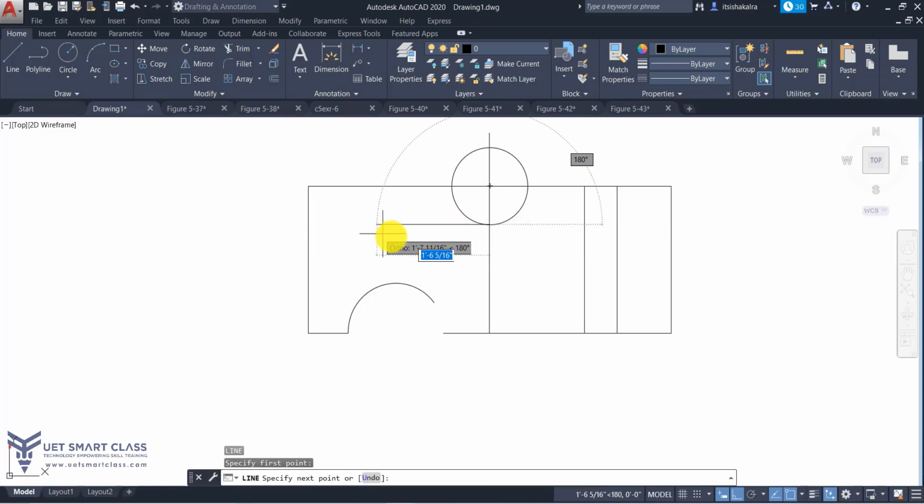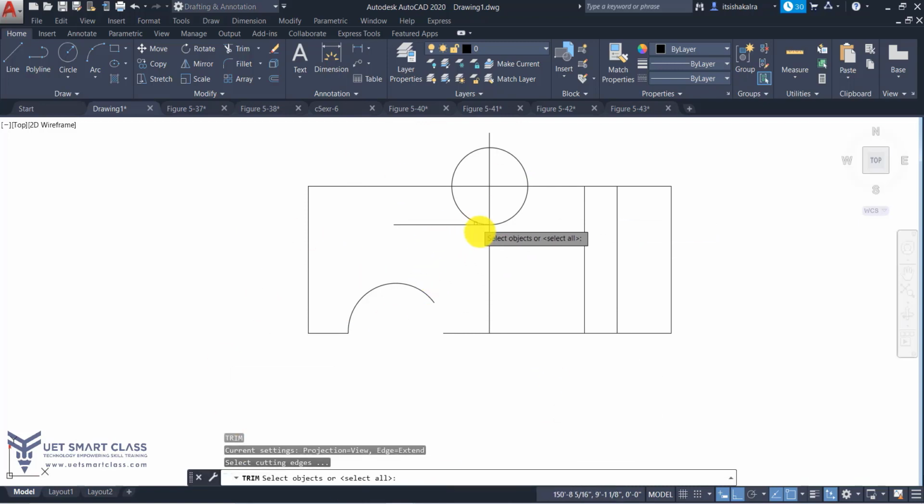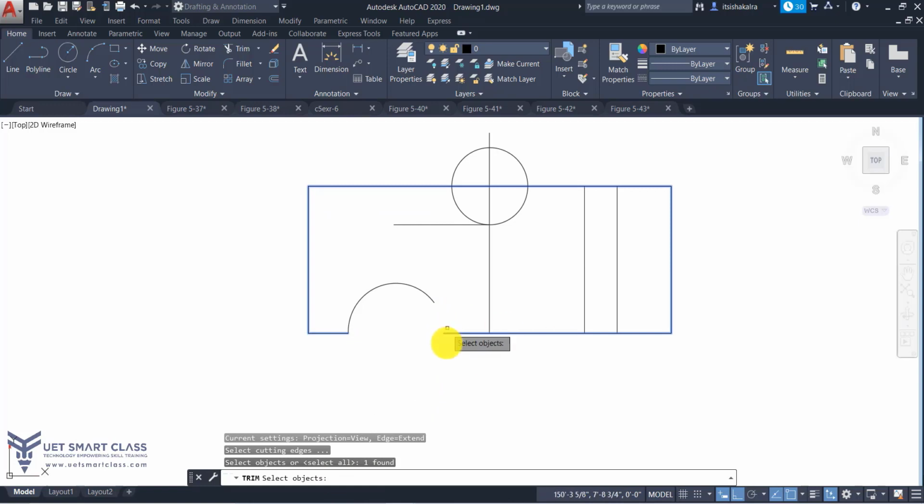See now, for example, similarly, like other functions, there is one more function added to this trim. When you are within the trim, for example, you have this rectangle selected as the cutting edge. I press enter. I can press my shift key and then select the object. So for some temporary moments, this trim command will change into the extend command.